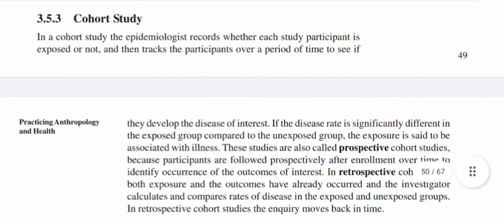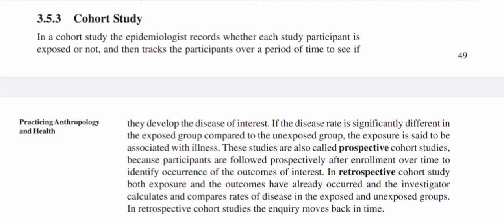Cohort studies. In a cohort study, the epidemiologist records whether each study participant is exposed or not, and then tracks the participant over a period of time to see if they develop the disease of interest. If the disease rate is significantly different in the exposed group compared to the unexposed group, the exposure is said to be associated with illness. These studies are also called prospective cohort studies because participants are followed prospectively after enrollment over time to identify occurrence of the outcomes